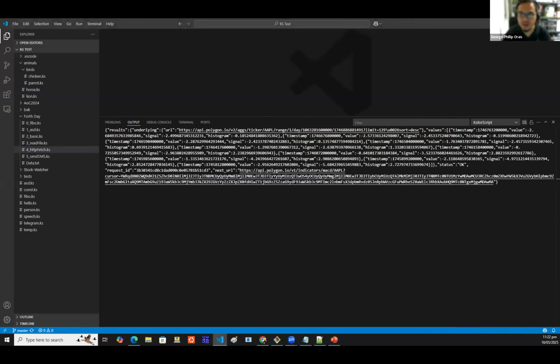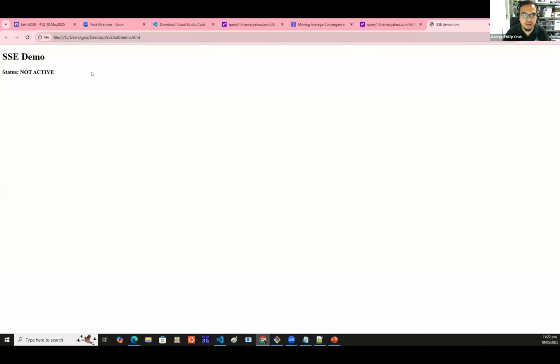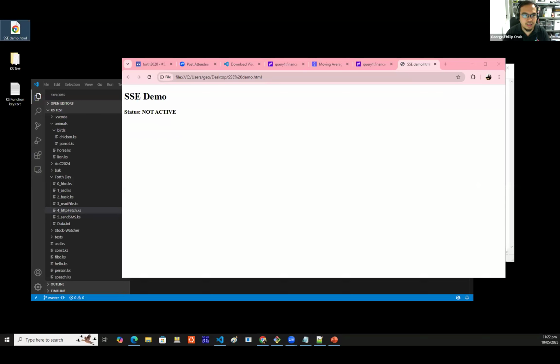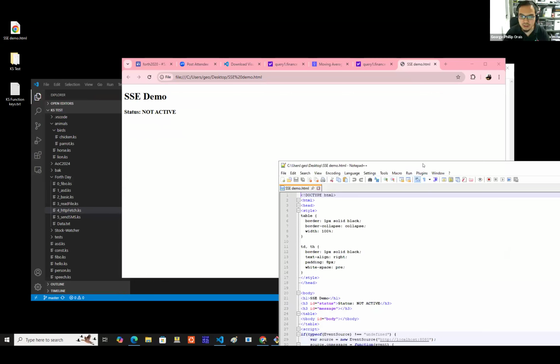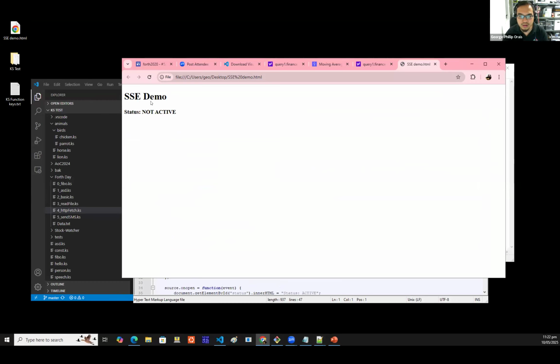I have this demo earlier, a very simple HTML. SSE is where we can update the display on this browser without clicking refresh. So to do that,